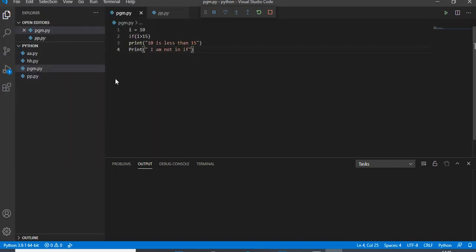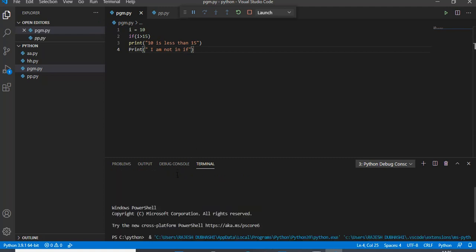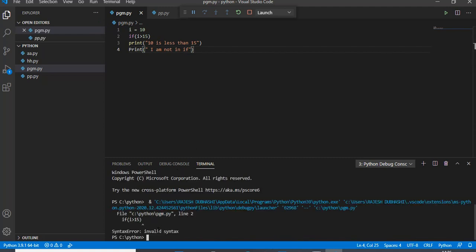Now this is where it is saved, and now we want our output. So for output we will be pressing on the run, which will be going like run without debugging. Now it runs. All right, so here I can find some error